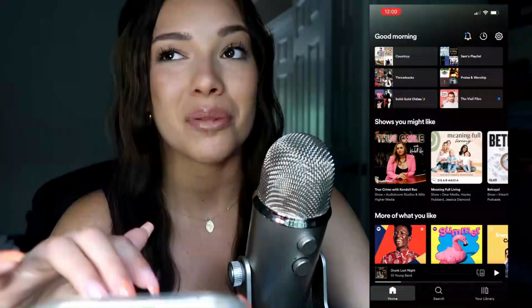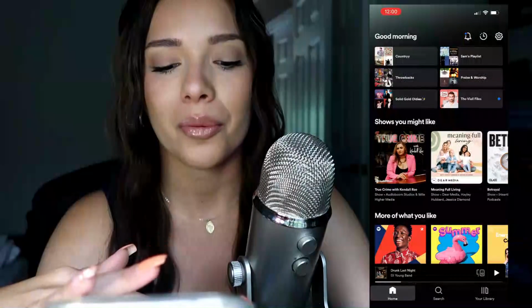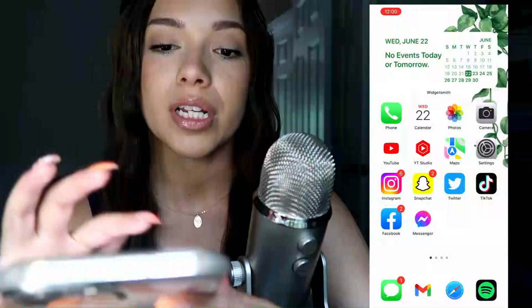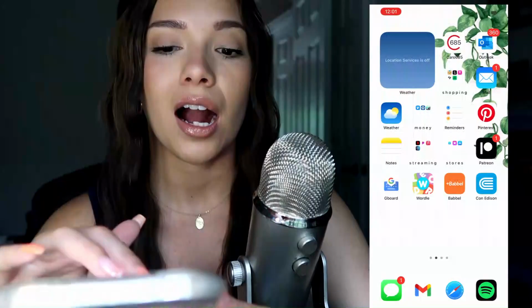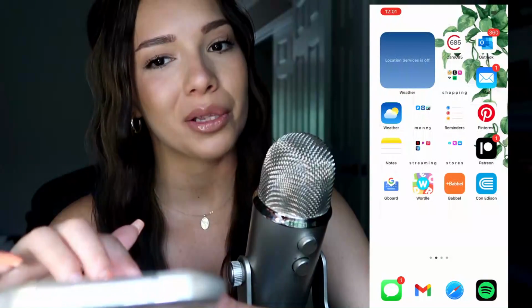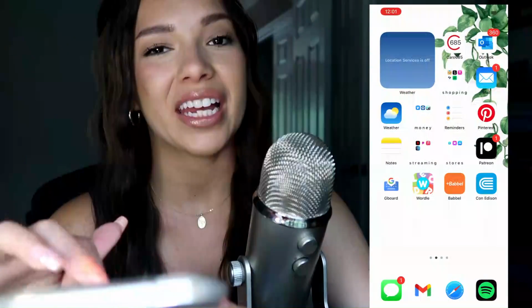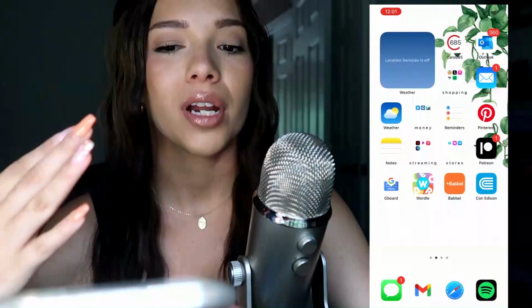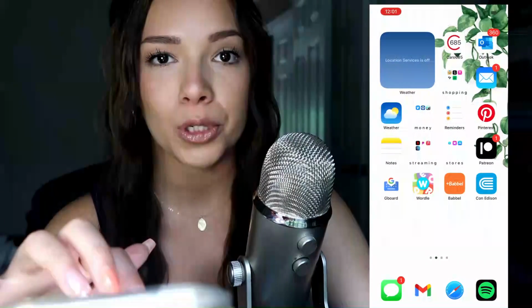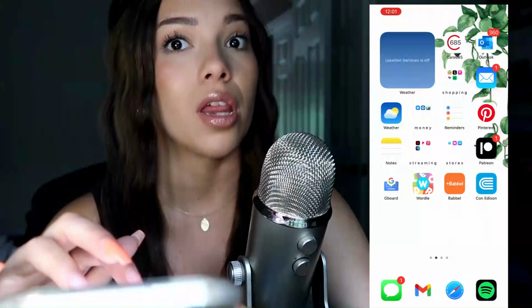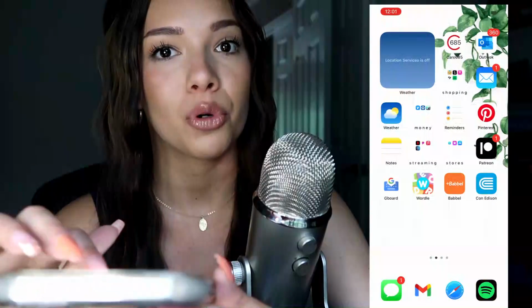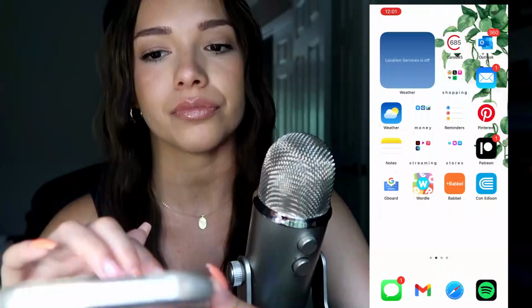Yep, just type soft ASMR and it'll be there. Okay, going to the next page, I have my weather widget, but I turned my location off. But normally, wherever I am, when I look at that widget, it'll tell me the temperature outside. So love that. That's very useful for me in the mornings, getting ready and stuff.